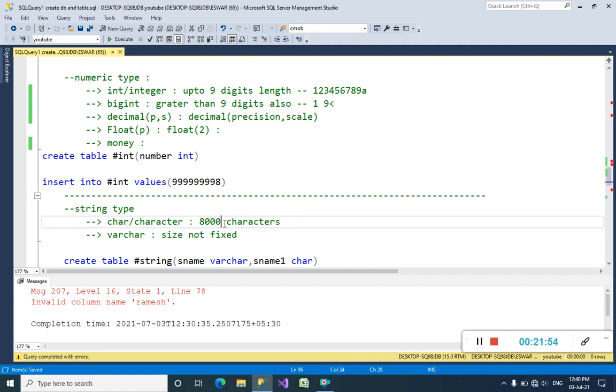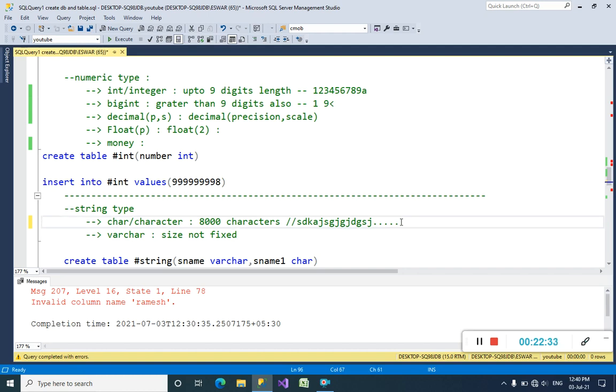Suppose you want to store a link, like a YouTube link, that has more than 8,000 characters. Then we cannot insert a string of more than 8,000 characters by declaring the character data type.